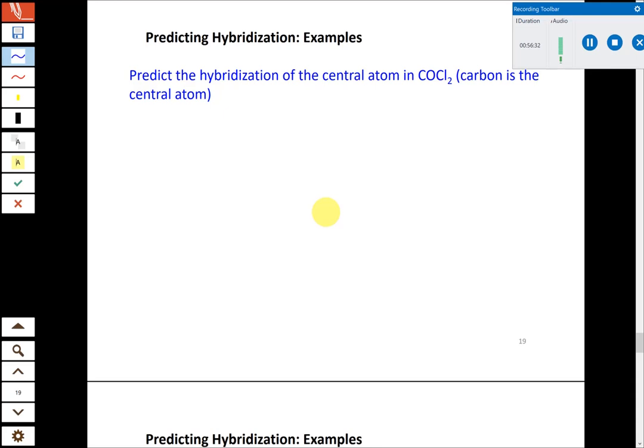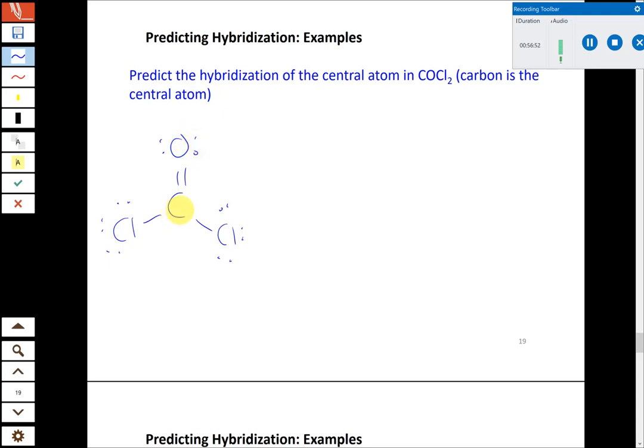So if we draw the Lewis structure for COCl2, what we should get is this. We're going to have to draw a double bond between carbon and oxygen at the end to make sure that we complete the octet on the central atom. Now, whether or not we had that double bond or not, we would still predict the same hybridization, because